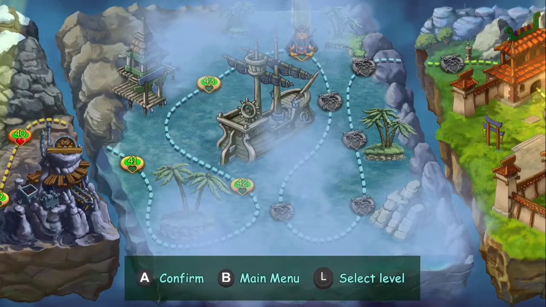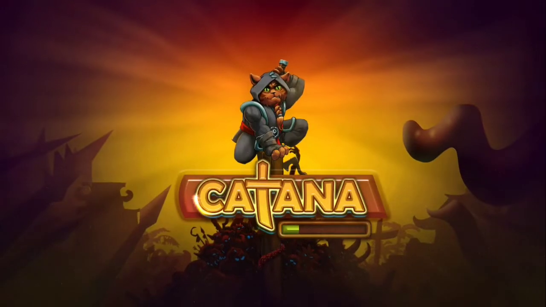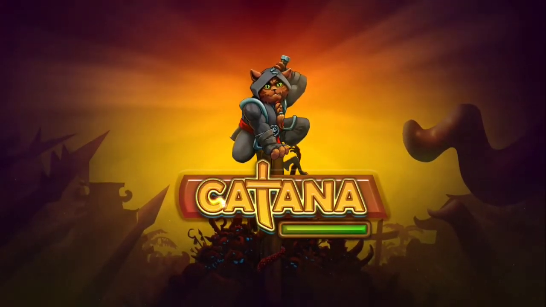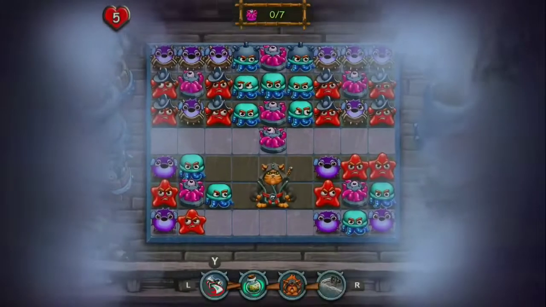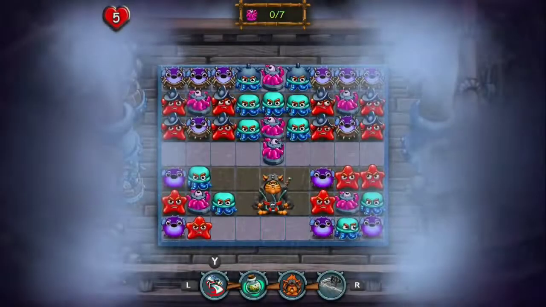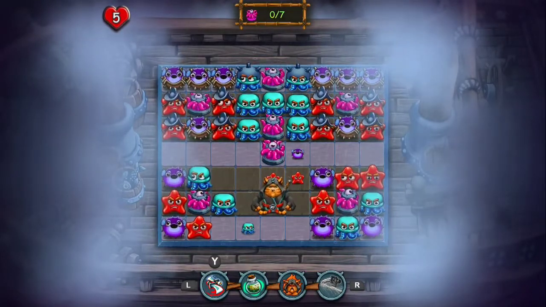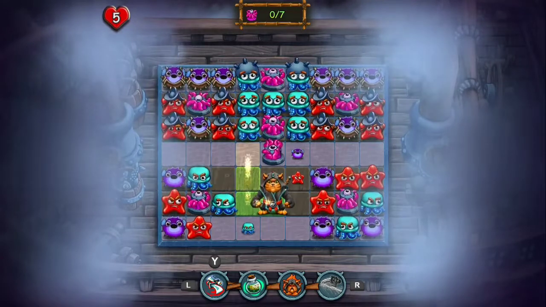So level 44 is where I'm currently at. Okay, so in this level, you have to kill 7 of those little purple guys there. Now, much like the vegetables had armor, these guys have these metal plates,